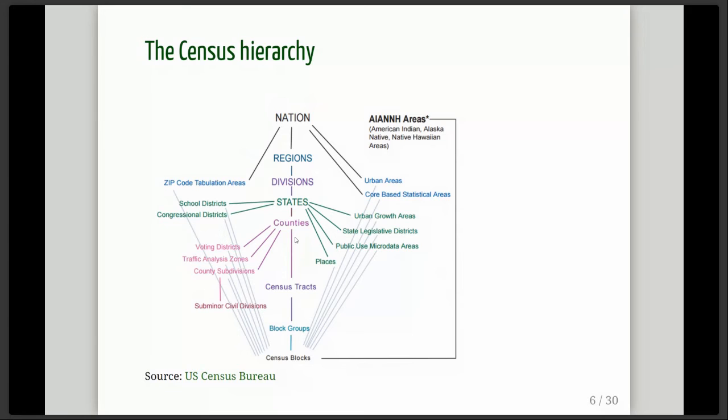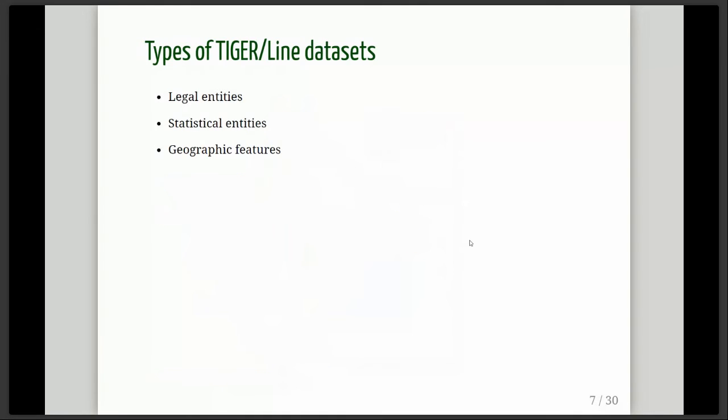And so this gives a general sense of what census geographies are like. And so the Tigerline database, you can get these geographies in addition to a variety of other features. And so the census distinguishes between legal entities and statistical entities. Legal entities are going to be areal units that have some